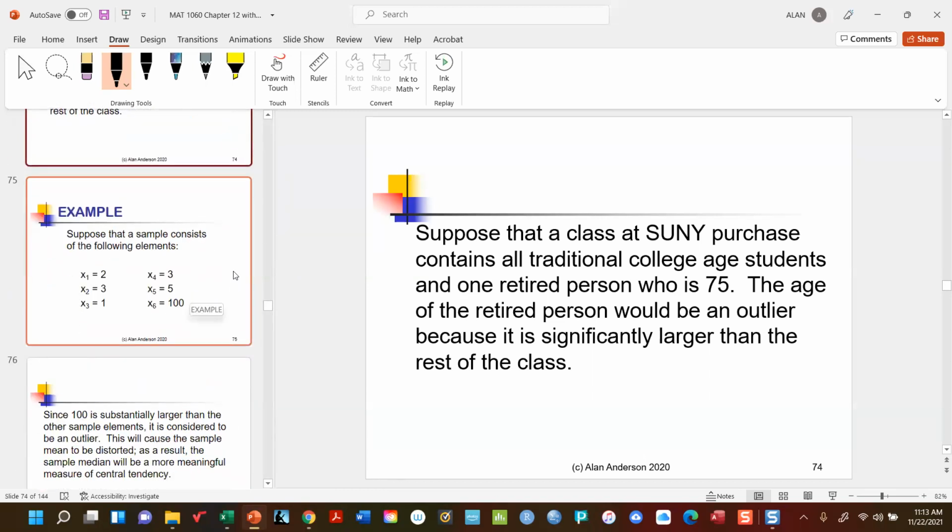Now, here's an example, a numerical example. We've got a group of observations in our sample. And